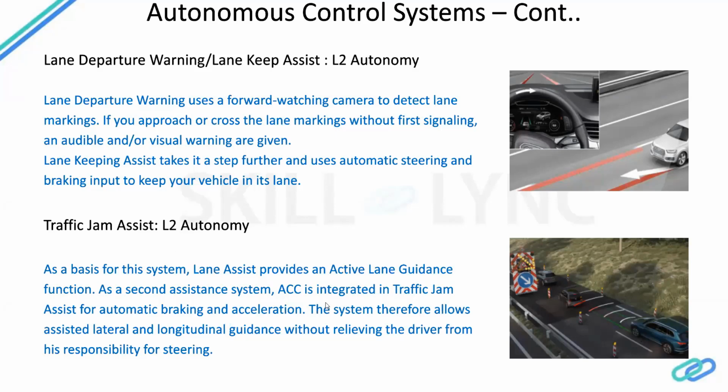These are some examples which you can see present in modern cars. If you look at Tesla, this traffic jam assist is present there, and also the adaptive cruise control. This traffic jam assist anyway has the ACC and lane keep assist embedded. That is why Tesla calls it Autopilot, where they have achieved an advanced L2 autonomous system from their side.